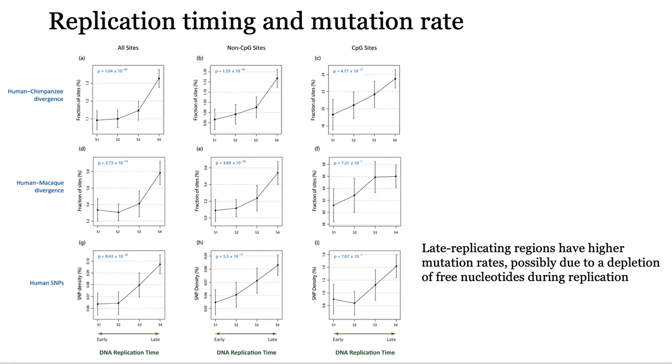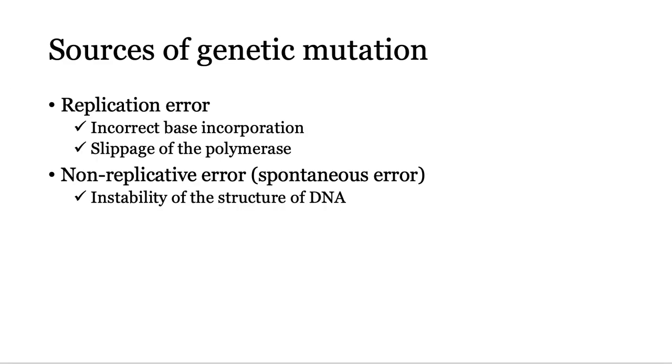And so I talked about errors associated with replication. The other category of error is not associated with replication. It's called non-replicated error, or sometimes called spontaneous error, because the structure of DNA is not stable. Any kind of chemical structure is not 100% stable. Sometimes it can undergo some chemical structure change and then change the nucleotide. For example,